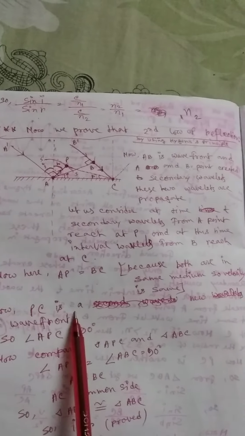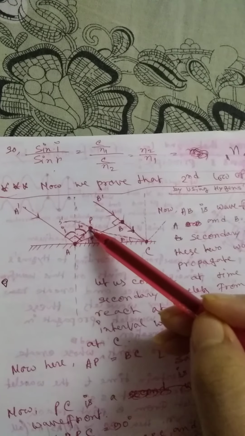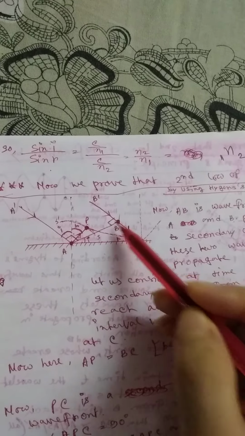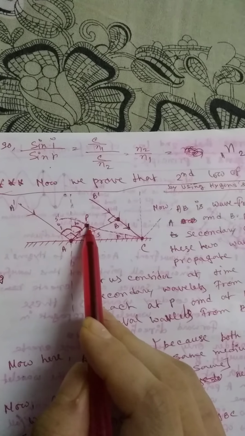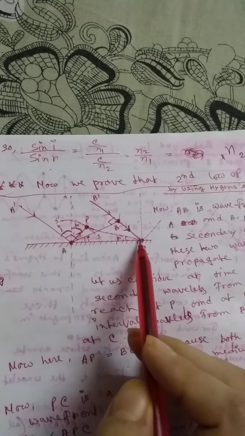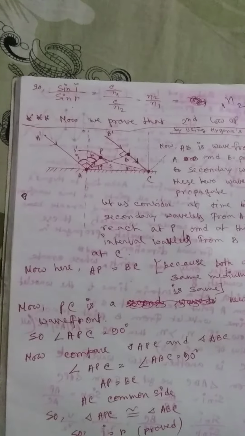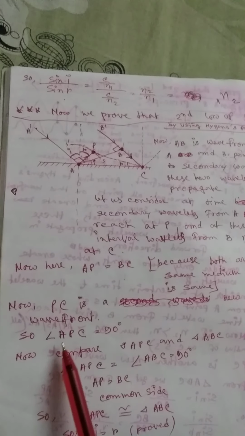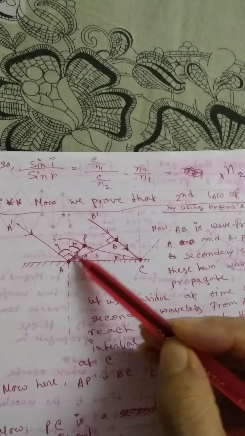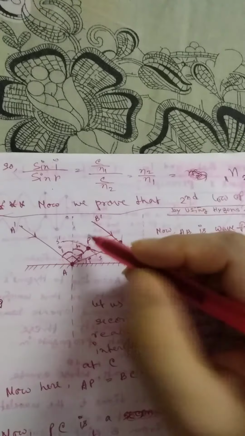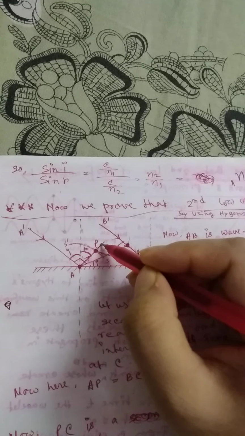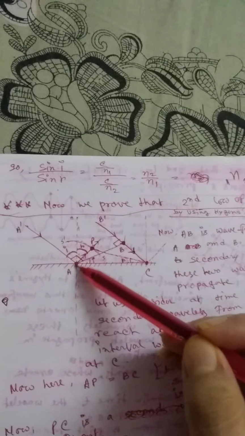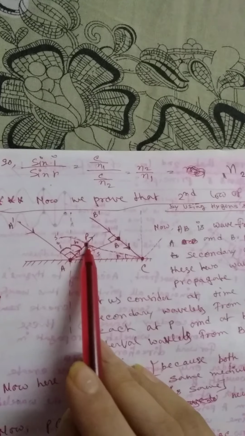Now PC is a new wavefront. This wavelet reaches point P and this wavelet reaches point C. That means if we connect point P and point C, then we will get the second wavefront, right? So PC is a new wavefront. Now angle APC equals what? This is the direction of the wave, right? And we know the direction of the wave always makes a 90-degree angle with